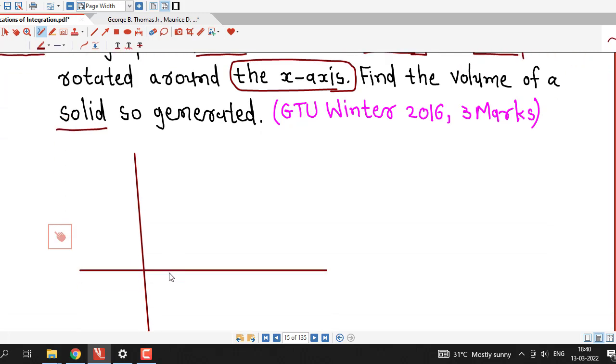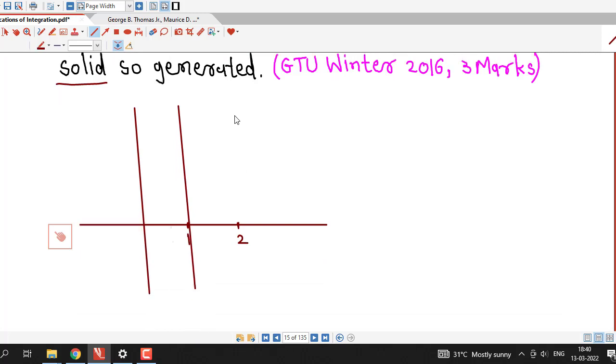So first we consider some approximate scale. Suppose this much scale is 1. Now we can take scale as we wish. Suppose we consider this much scale as 1 and this is going to be 2, and we have to sketch the lines x equal to 1 and x equal to 2. Both are the lines perpendicular to the x-axis. So this is x equal to 2,